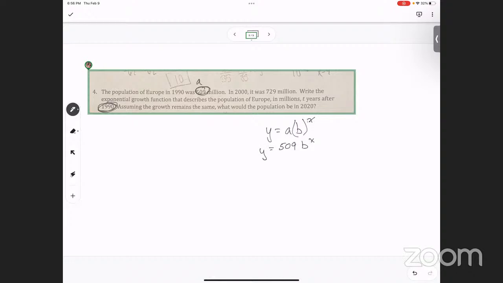Okay, we don't know B yet, but we have to try to find B. That's what we're trying to find. And the way we're going to find this is we're going to use this point right here. So what would your X be if your year was 2000? What would your X be? 10. Good. Yep, exactly. And what does this number right here represent? Not X, but